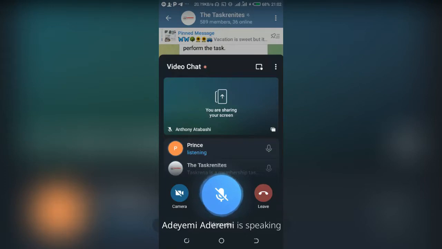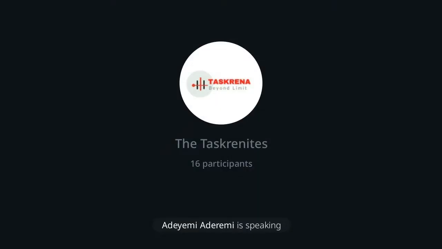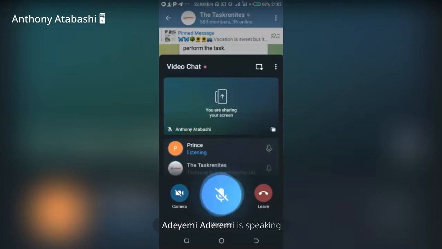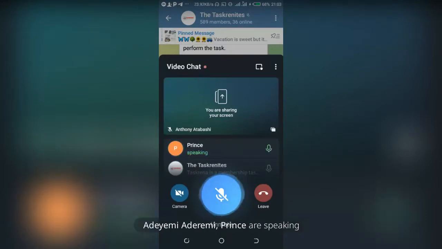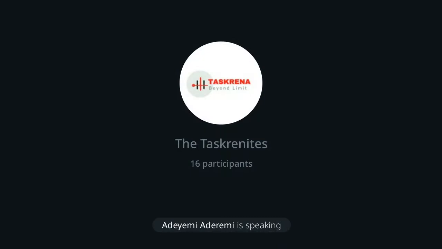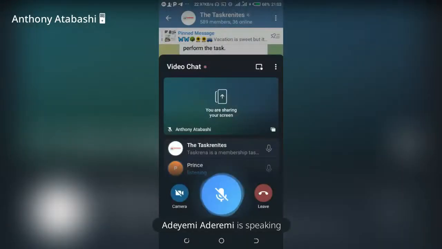Now, when you enter as a gold member, on the gold plan with 2,000 naira, all you need is to make sure you have 10 people directly under you. Once they upgrade to the gold plan with 2,000 naira, you are getting 50% directly from their subscription. Now, when you do your calculation, that means you are having 1,000 naira on each person. So for 10 people, you are making